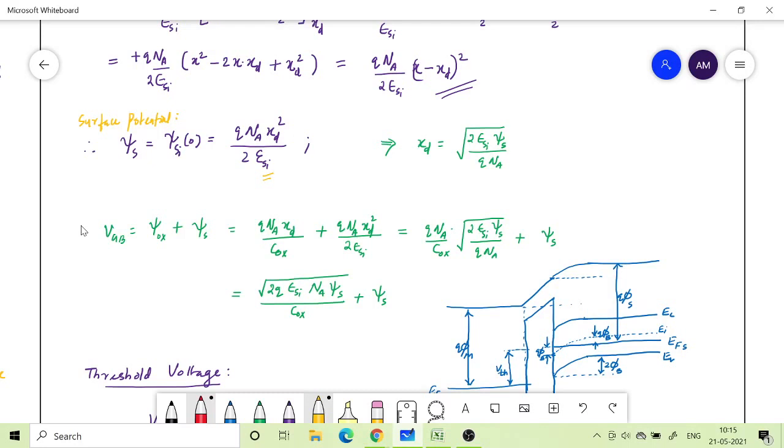Okay, and wherever there are lots of charges, like beyond the depletion region, there is negligible drop because there is high conductivity there because of the presence of holes. So voltage is always dropped where there are no charge carriers. Okay, the depletion region has no charge carriers, so there is going to be a voltage drop there. The oxide region has no charge carriers, therefore there is going to be a voltage drop.